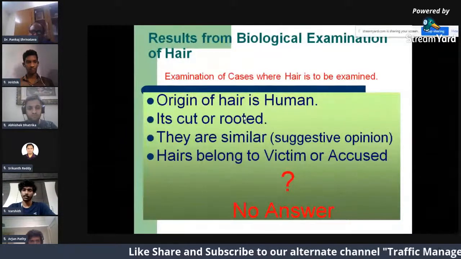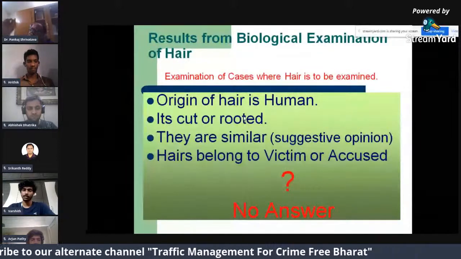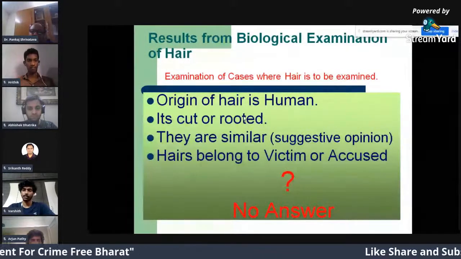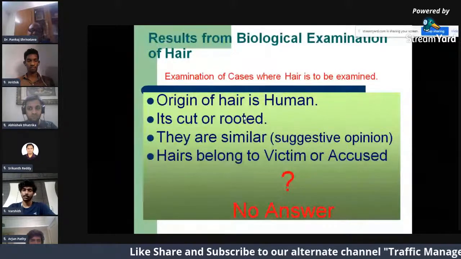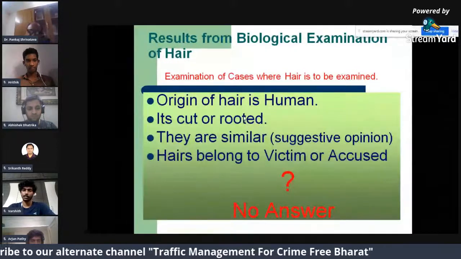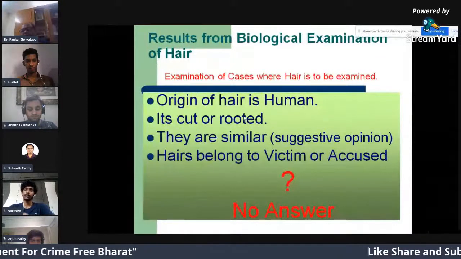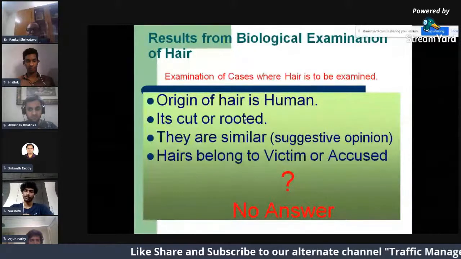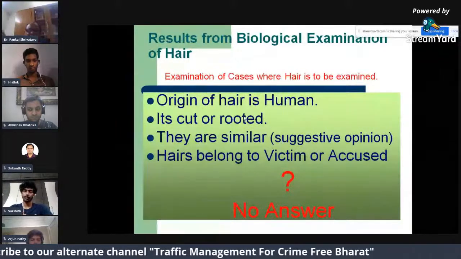ओके, और इसी तरीके से आप जब अपने बाल को थोड़ा सा काट के और उसको देखेंगे एक बाल के हिस्से को, तो आपको ये भी अंदाज लग जाएगा कि एक कट हेयर है, मतलब इसमें रूट नहीं है. Okay, so now this is the opinion which you are getting from biological examination, that origin of hair is human, it's cut or rooted. Okay, so about similarity if you talk, you'll get the suggestive opinion कि ये दोनों similar हो सकते हैं. But if you talk about the conclusive opinion that these both hair belong to the same person,